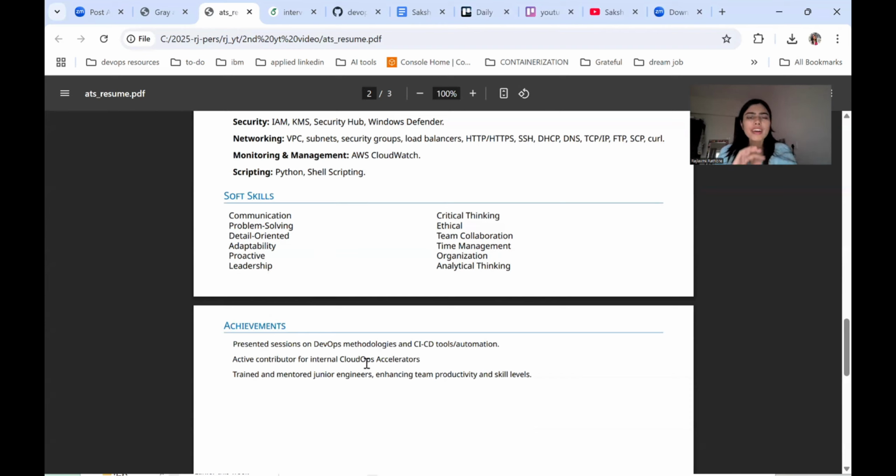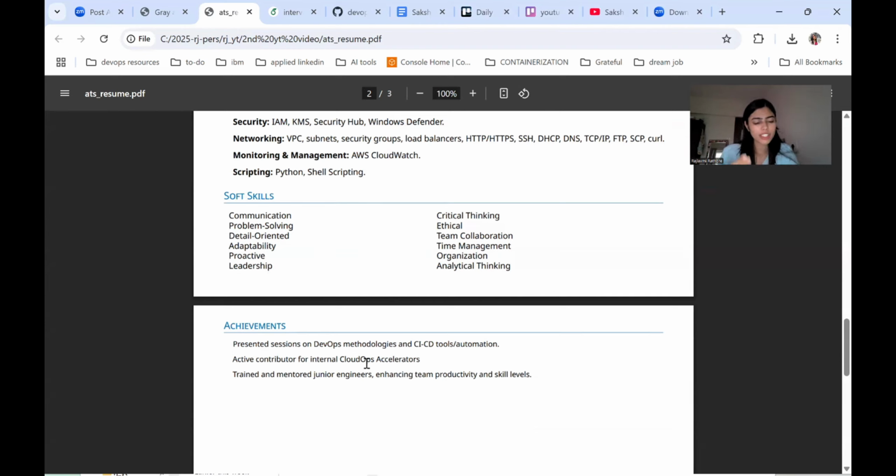So here, write everything which are technical achievements, something of the project, something that you have done beyond it. In my previous organization, we used to have a COE, Center of Excellence.